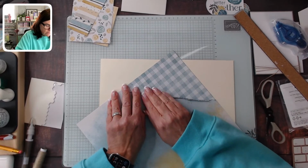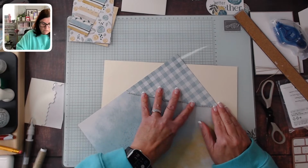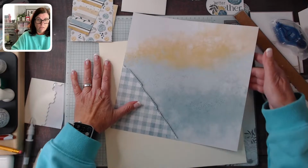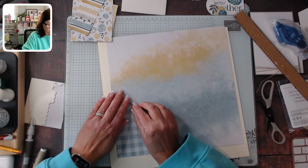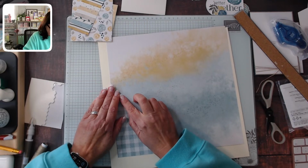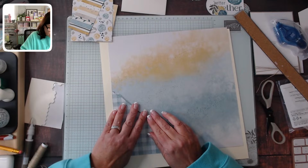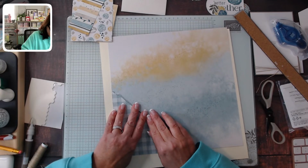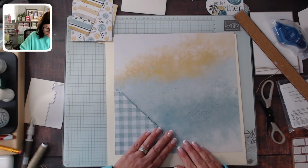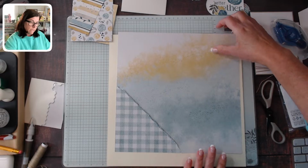And you can kind of roll it with your fingers to distress it more. There we go. I like how that looks. So I'm just going to kind of smush it now into my page. Okay, so now,